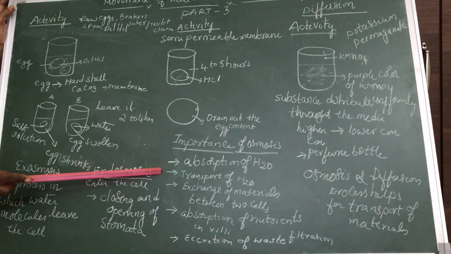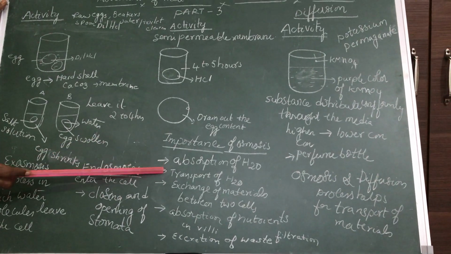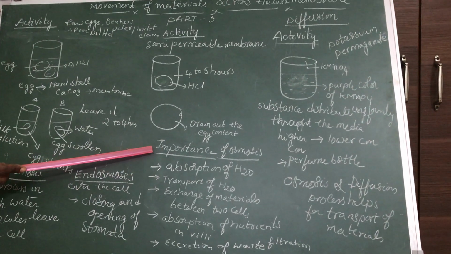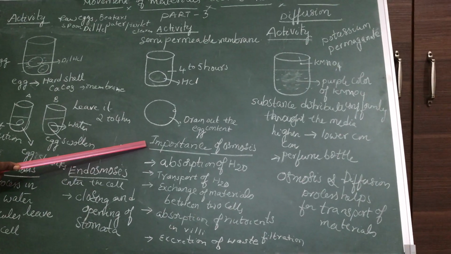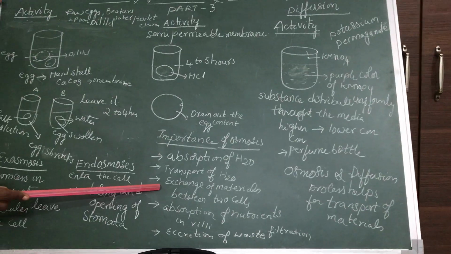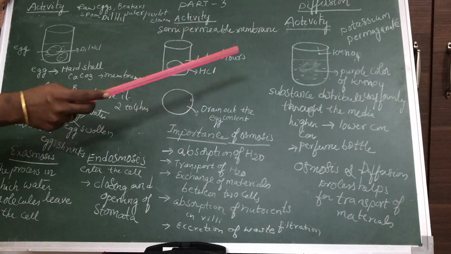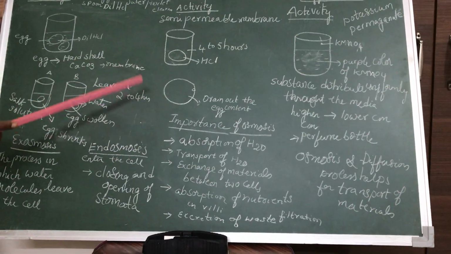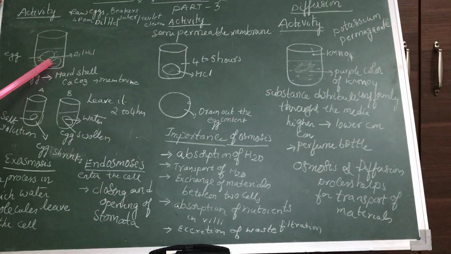And this transportation of water also takes place through osmosis. Not only osmosis, some other phenomena are also seen for the upward movement of water, which we will discuss in class 10th. Now, exchange of material between two cells. The material should be passed from one cell to another cell. Already we discussed that the transport of material from one cell to another cell is also nothing but the process